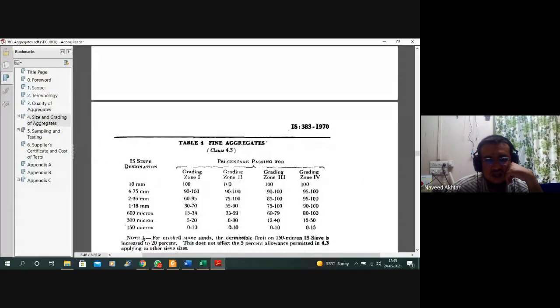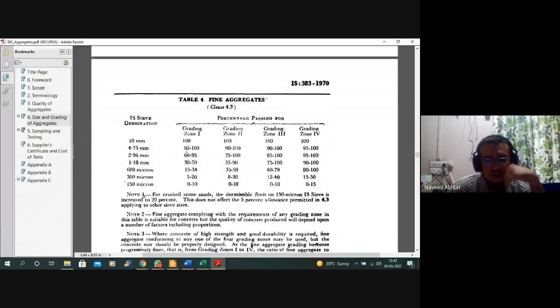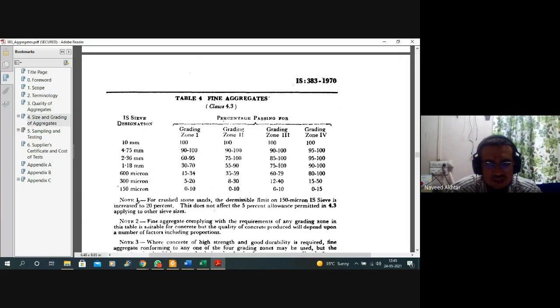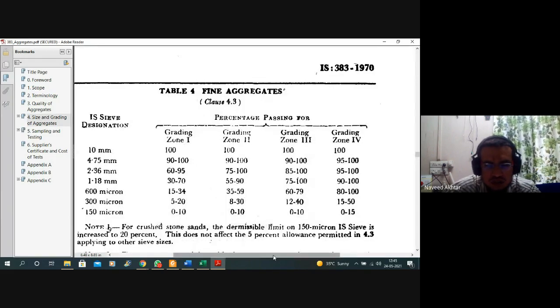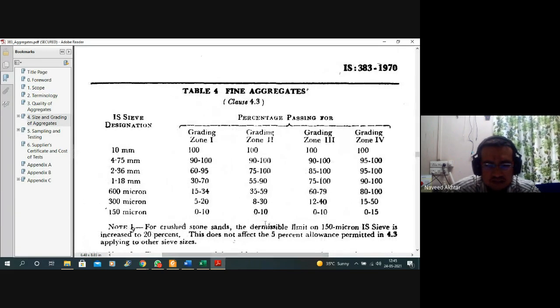Similarly, this zone of aggregate I told you. So based on this sieve analysis of fine aggregate, you can see table number 4, the zones of fine aggregate. Zone 1, 100% passing at 4.75 mm, 100% passing.